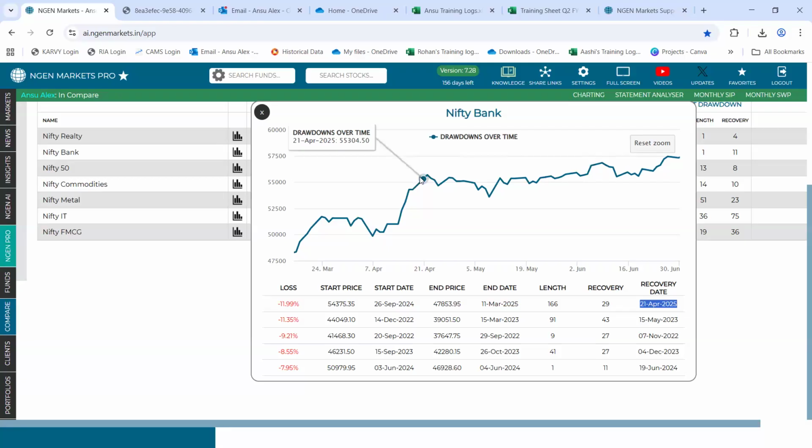Right here you get to see 21st April, the level was 55,300, which is indeed higher than our start price or the start level, which was 54,000. And hence 21st April was recorded as the date of recovery.